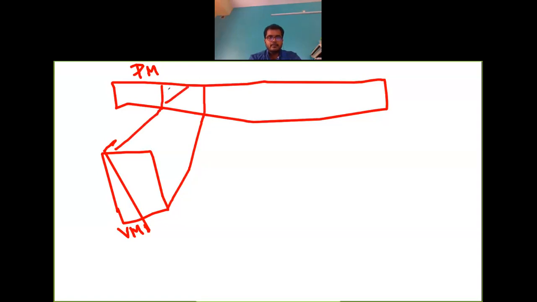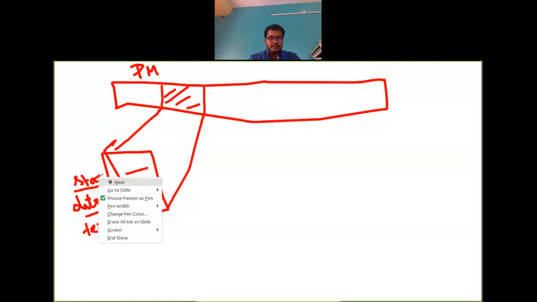So whenever you assign or write a variable, this virtual memory contains four kinds of stuff. One is your text, meaning the code of the program. Another is your data, which will have your global data and static data only.